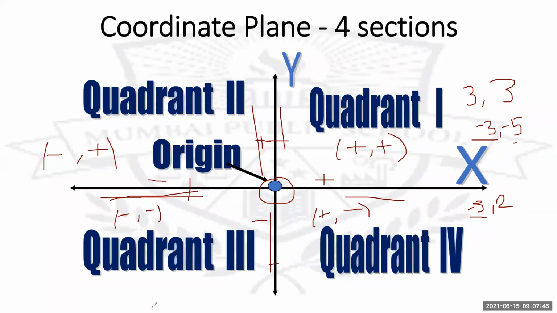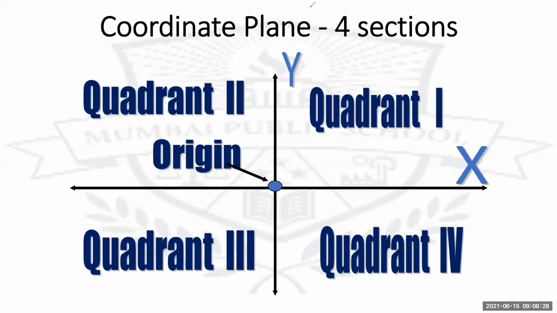So in this way, check. If you get a point, say 3 comma 3, and you're getting confused where to plot: as both are positive, it will come somewhere in the first quadrant. If both are negative, it will come somewhere in the third quadrant. And if your x is negative and y is positive, it will lie in the second quadrant. And in the fourth quadrant, x is positive and y is negative. Remember this. Is this understood to all the students? Any difficulty here? Should we move ahead?